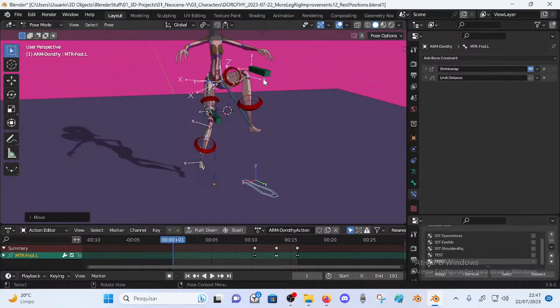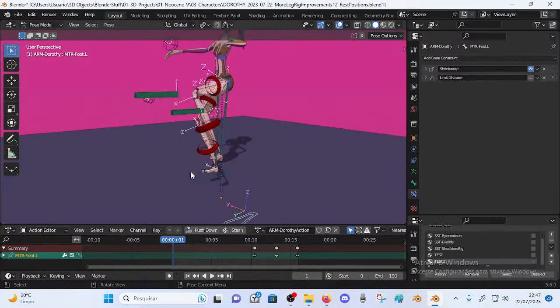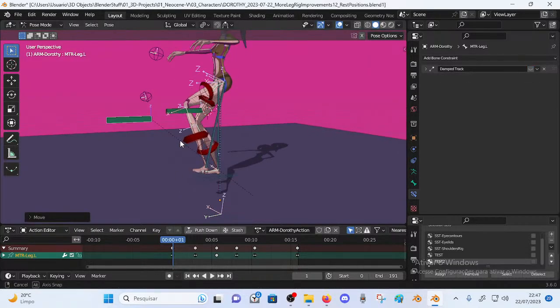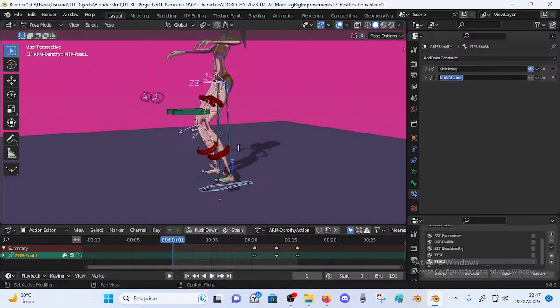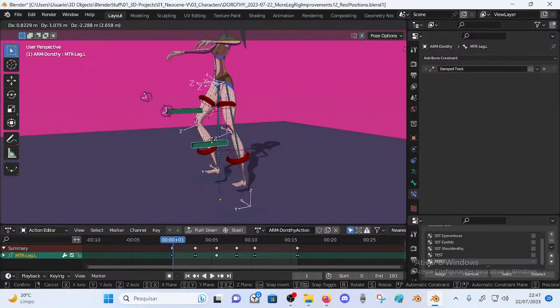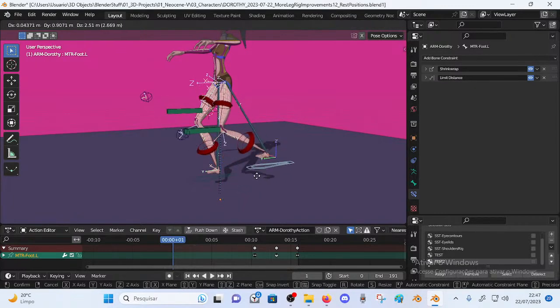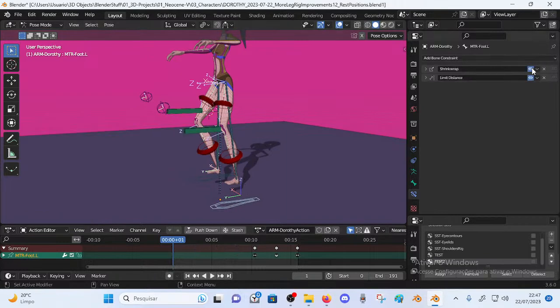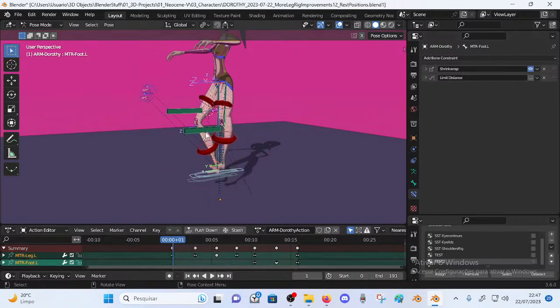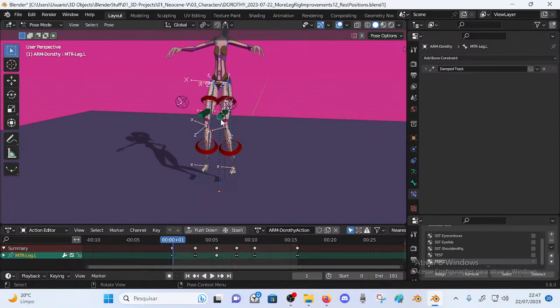But considering all the things that are involved in this rig, which is somewhat experimental, this is kind of cool. Let's see, limit distance. What if I, yeah, this is for another setup, but it will block some possibility